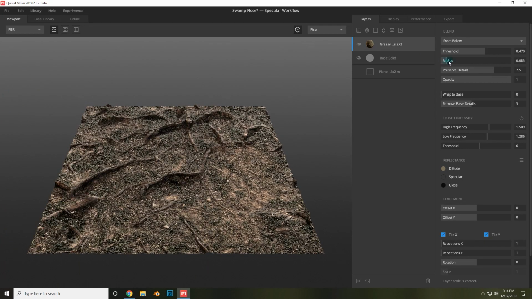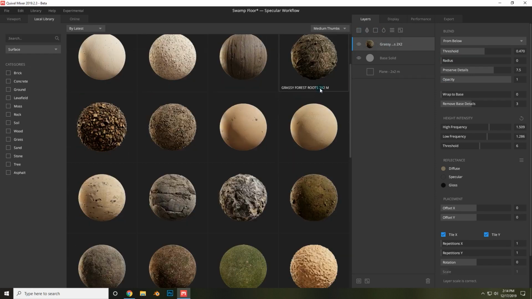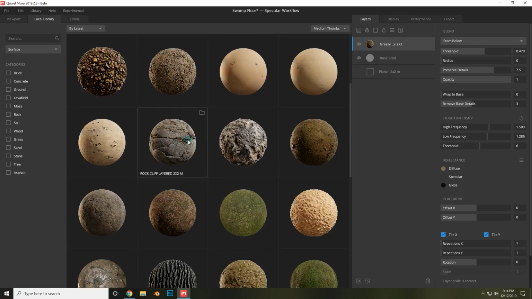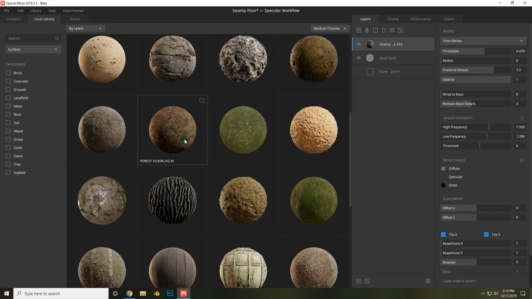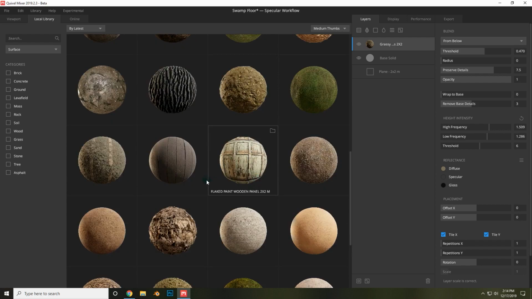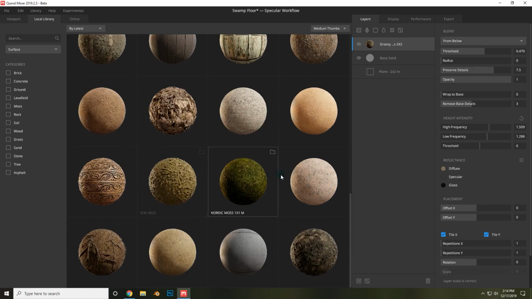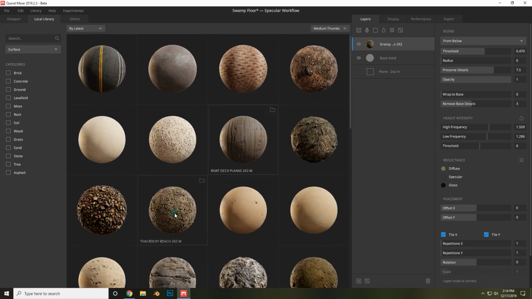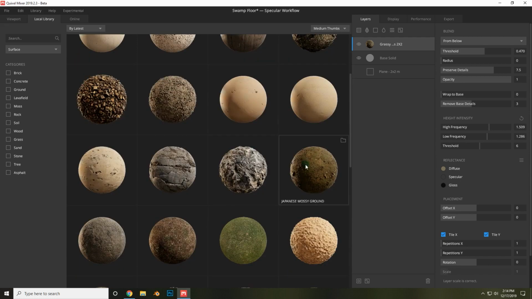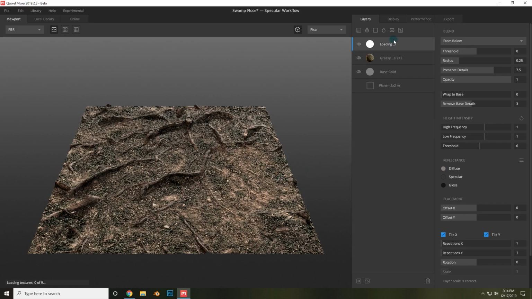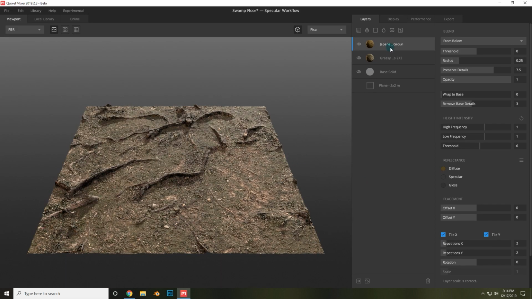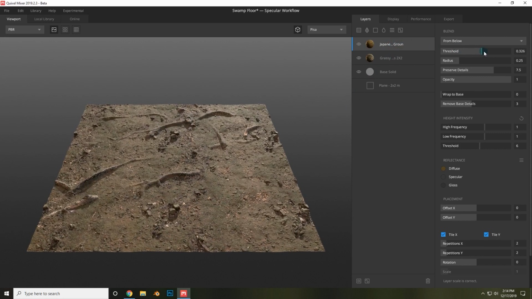And I'm going to bring down the radius a bit because I want this to be a solid base for us to work with. Now, I'm going to see what other layers we have to work with here. These are just ones that I have downloaded. And I think what's going to have to happen here is that I'm going to use one of these other ones that I've worked with before, such as this Japanese mossy ground. And that'll be another surface. And we're going to have to just mix these in. I'm going to use a noise layer